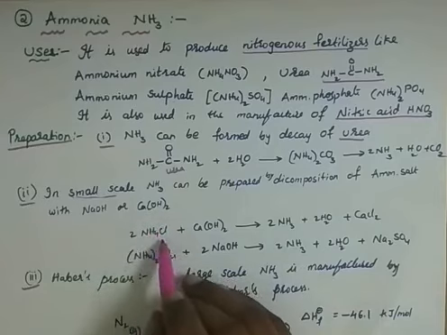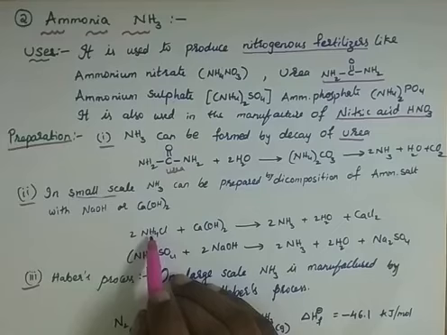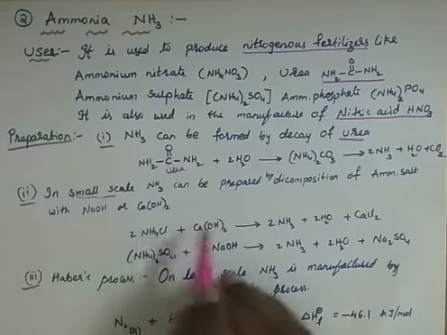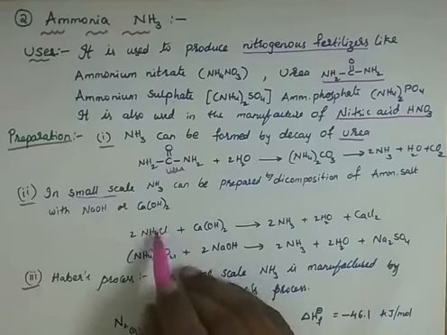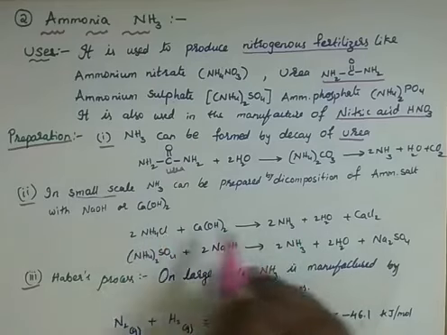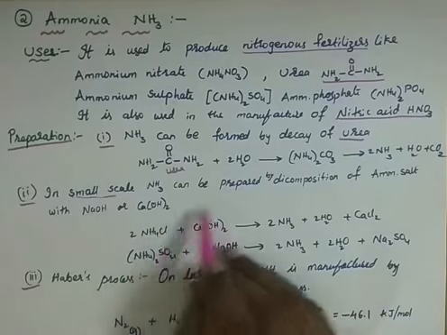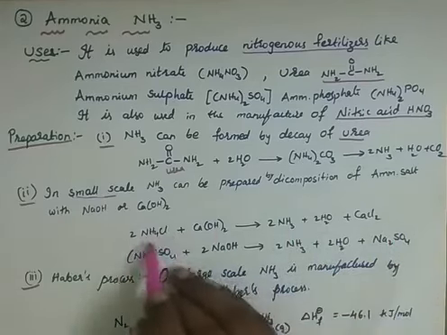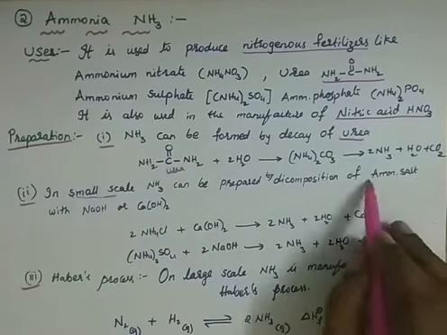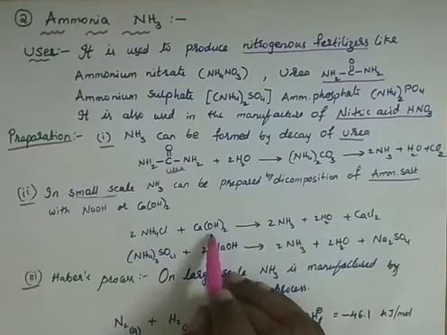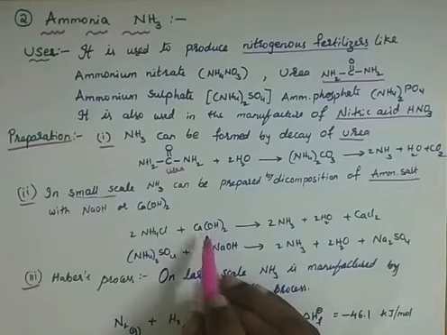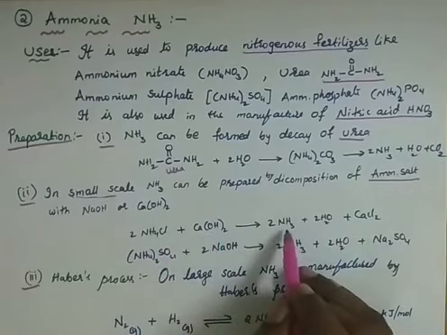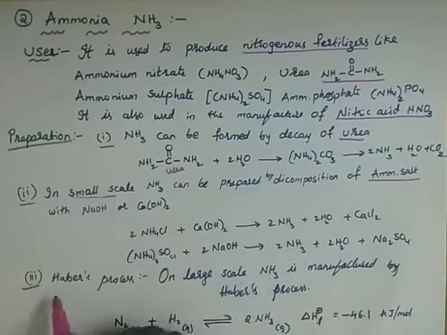Decomposition means breakdown of the compound. So my ammonium chloride will break down into NH3 and HCl, or Cl will go off from this. So NH3 is formed here, and water will be formed, then calcium chloride. Again, don't bother about the mechanism. Just remember that some ammonium salts, when reacted with their metal hydroxides, will form ammonia. Or Haber's process,